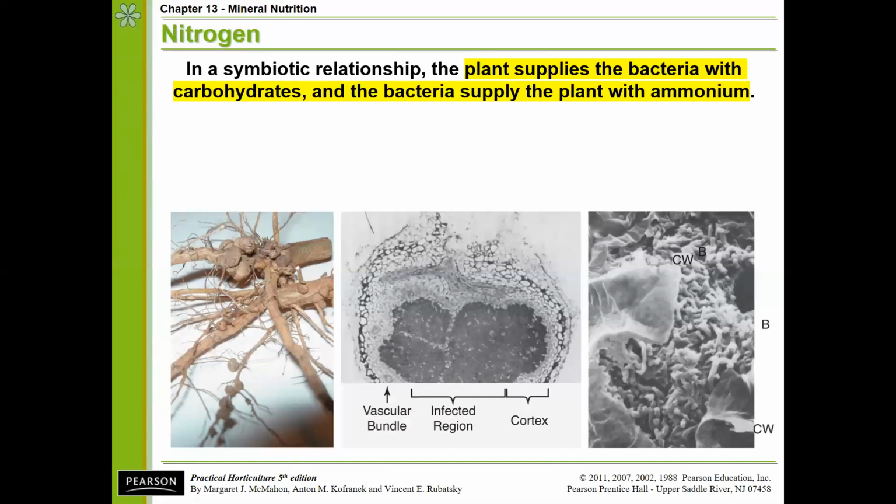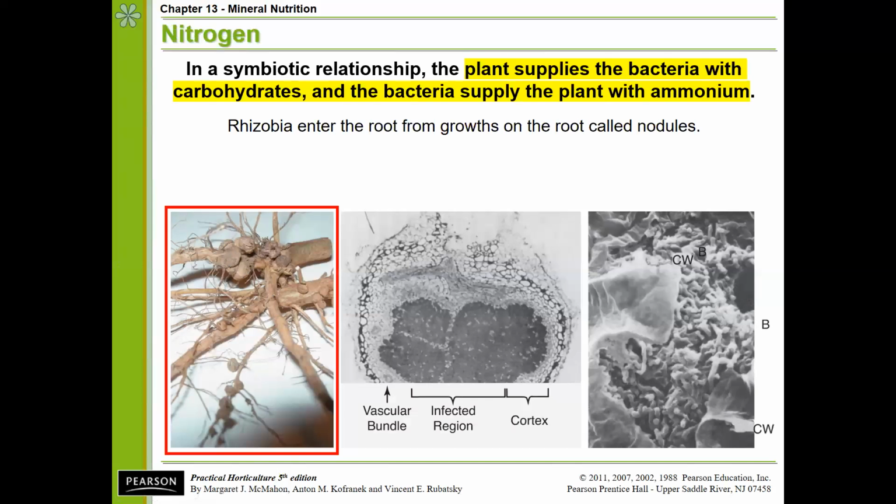So it's a win-win situation. It's a mutualistic relationship here. And here's what it looks like in the nodules of the roots. And there are some cases in which, if you're growing legumes, that doesn't necessarily mean that you're going to have nitrogen fixation. Often we will actually